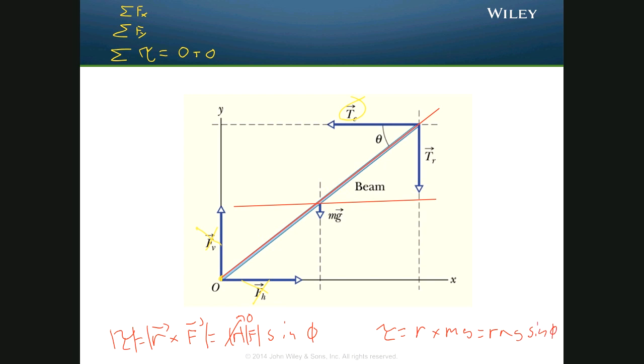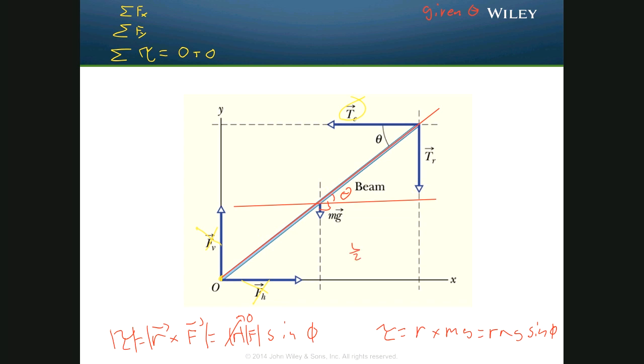So we can see here that if we're given theta, our geometry tells us that this angle is theta. And this is a right angle. So for this mg force, to look at the torque caused by this force, or at least the magnitude of it, we're going to have to look at r, which will be the length of the beam over 2. So we can call that L over 2